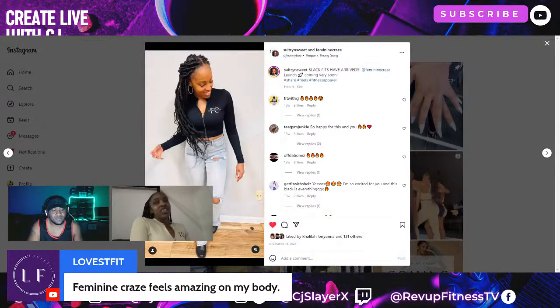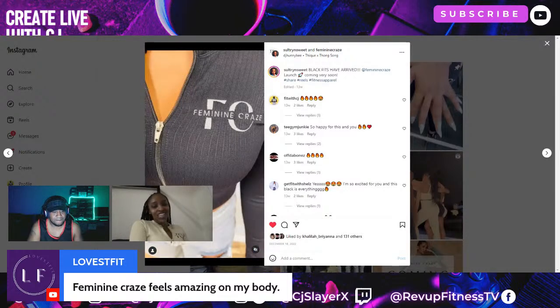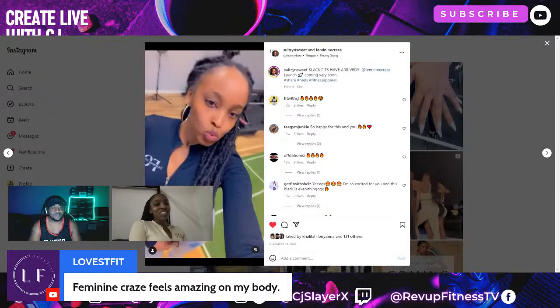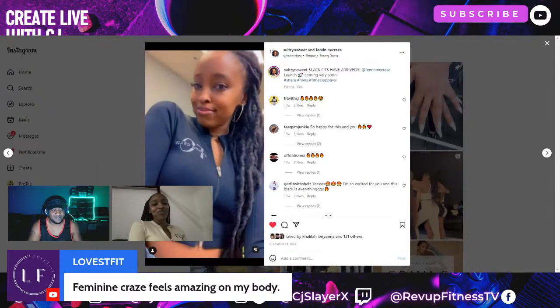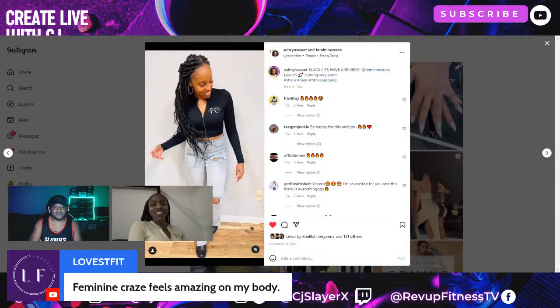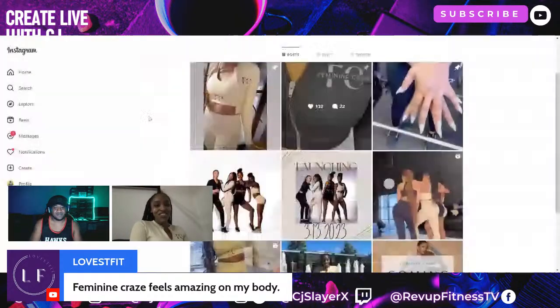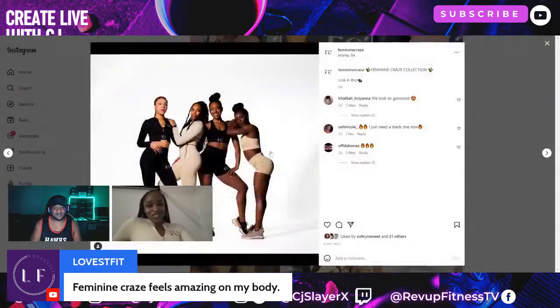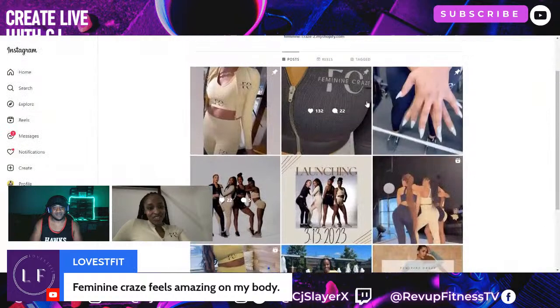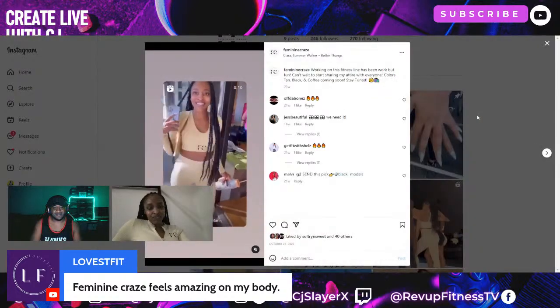So he rented a studio and we got in there. He had the music going. He had really good energy. I had never shot with him before, so I was glad he brought good vibes. We all just really meshed well together in our photos and they turned out really, really good. So I was really happy about it.